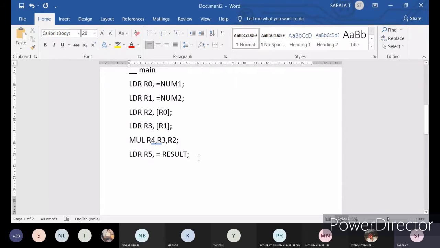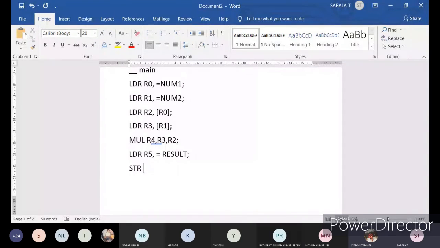Now what we have to do? We have to store the result into the memory address of result. That's why STR, you want to store it. What value do you want to store? Where is the result, in which register is the result present? R5 or R4?